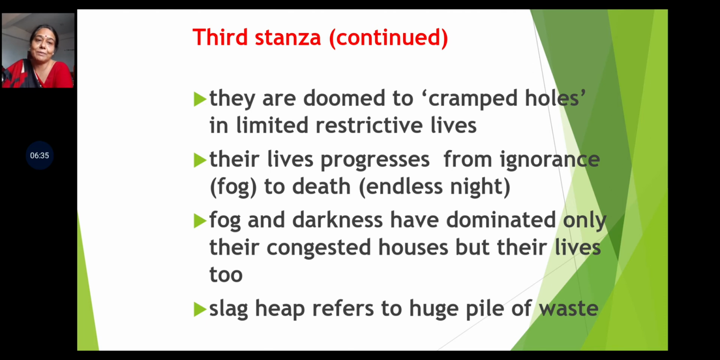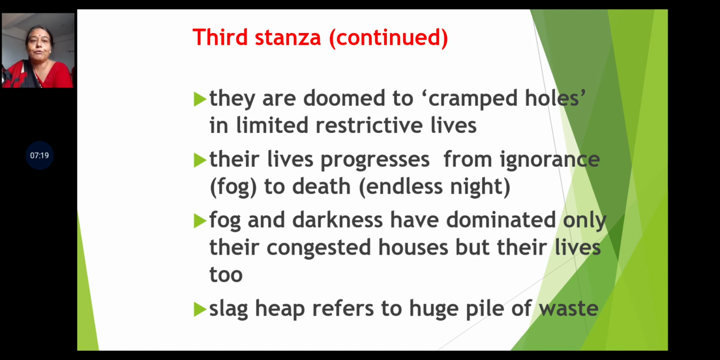Their lives progress from ignorance to death. Ignorance, the fog stands for ignorance. What education they are receiving here is not enough to change their lot, to change their fortune, to change their future. It is foggy. They cannot see through with this kind of education, they cannot see what is going to be their future. And their whole life is like a night, right from childhood till the time they die. It is a continuous night, it is a continuous struggle, it is a continuous time to see what they can achieve without realizing any of their dreams or without realizing any of their